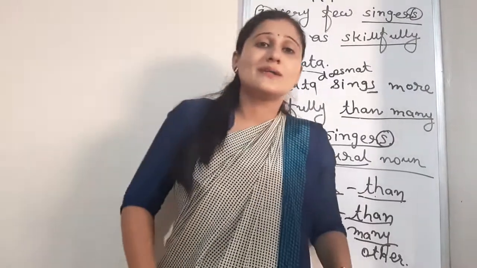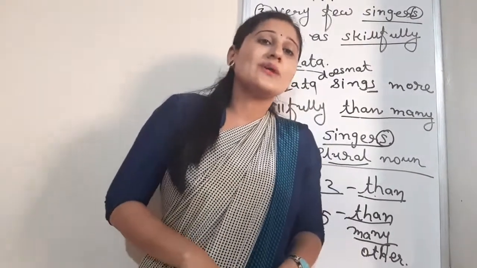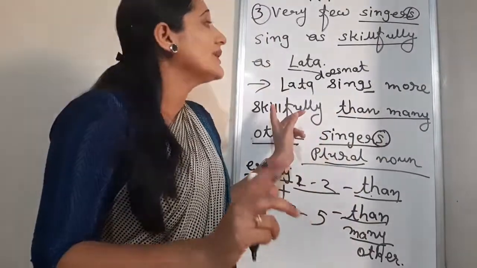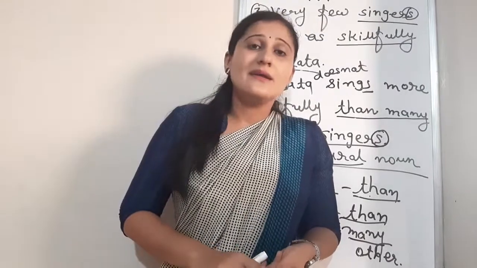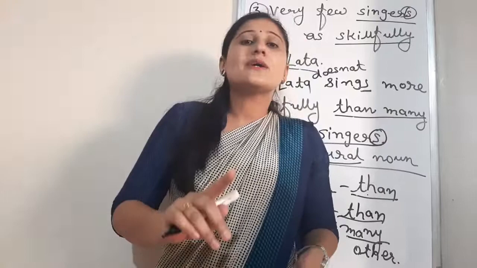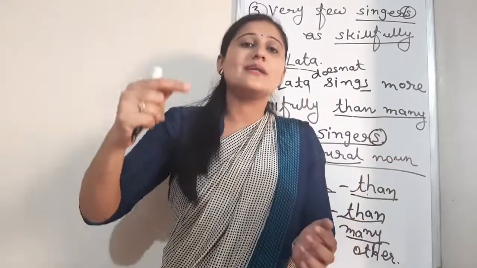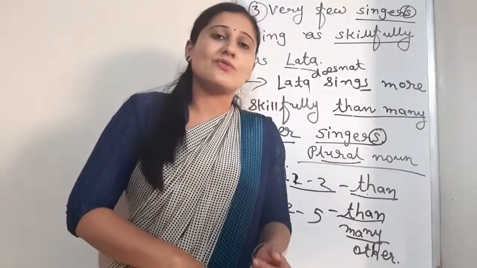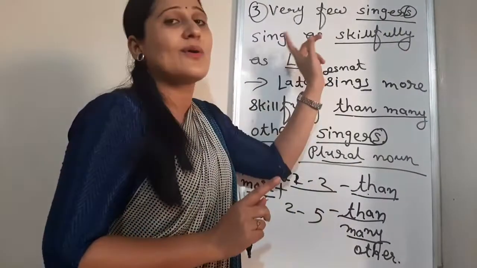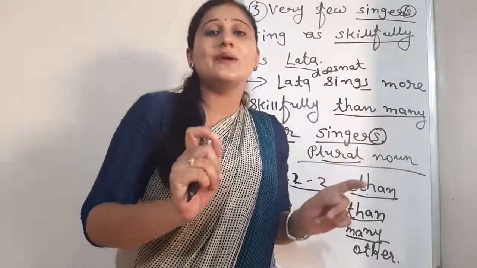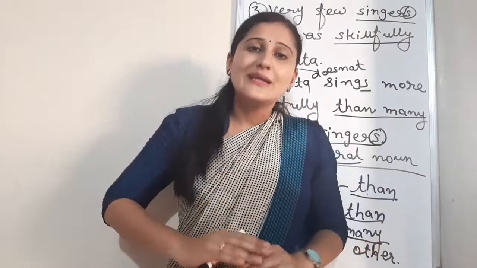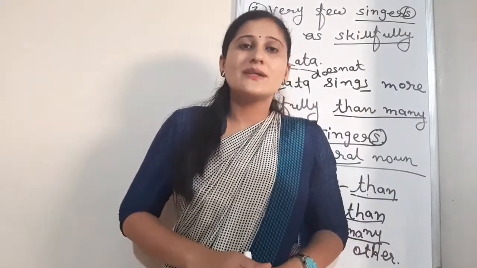I hope you have understood. Some examples I have given in the worksheet. So properly read the rules. I have also given rules, right? Maybe you can note them down, or if you don't want to note down, no problem. Just read, revise and solve the examples that I have given in the worksheet. And remember, the first method I have explained, from PD to CD, meaning from positive degree, how to convert into comparative degree. Read, enjoy your study. Thank you.